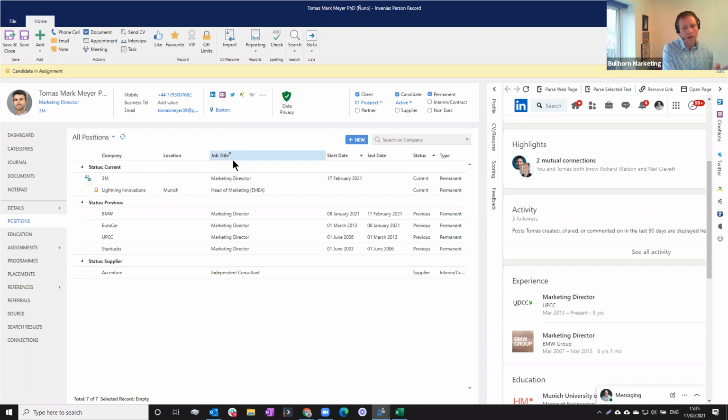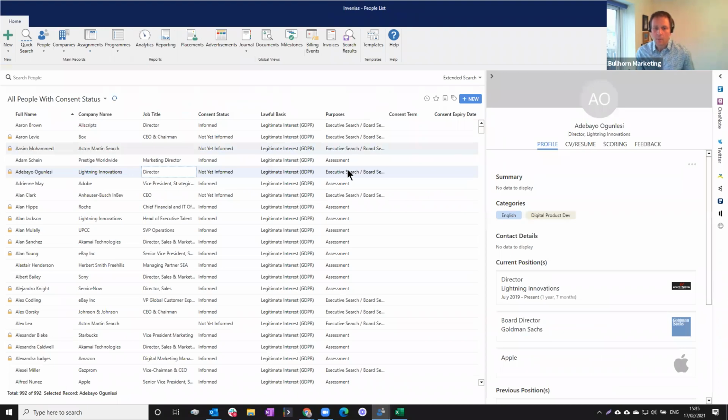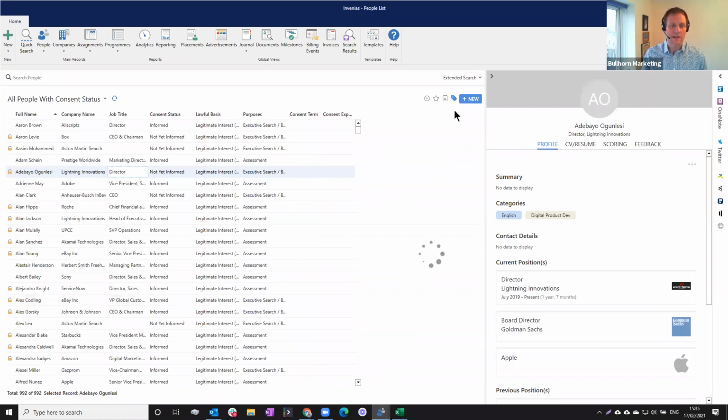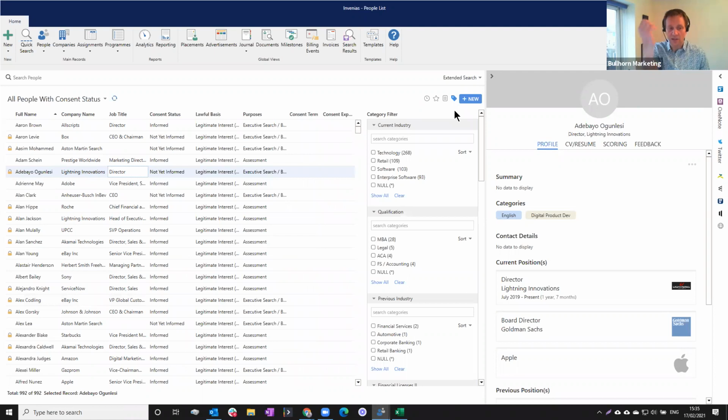Now, obviously, we can't load every person in your database into a data set in a dashboard. It simply wouldn't work. It wouldn't perform. So how do we go about then identifying the people whose movements I'm interested in tracking? The prototype I've built leverages programs. So what you do is you might, for instance, take an advanced search and find a load of people that work for certain companies and have certain categories,